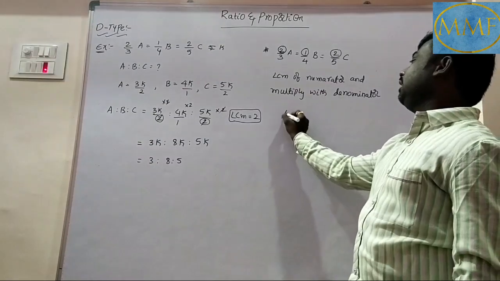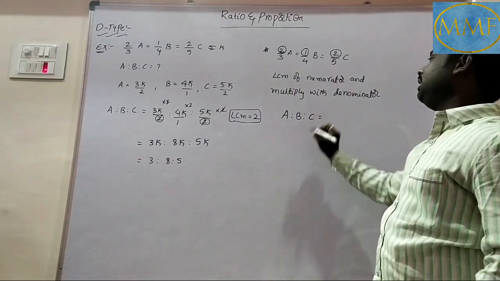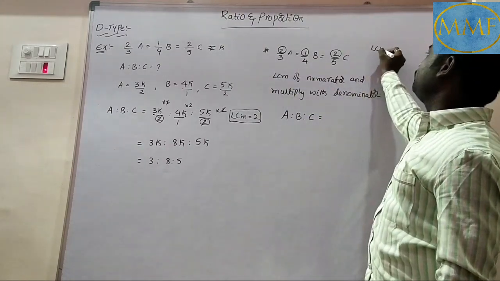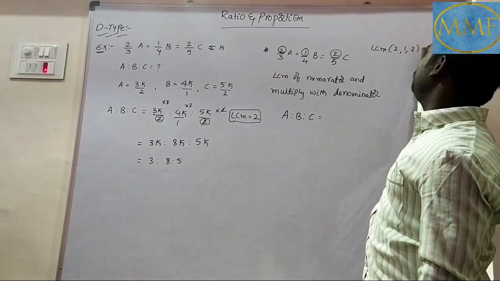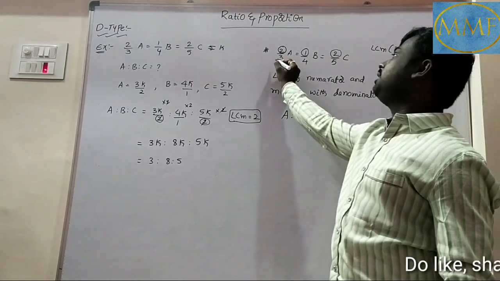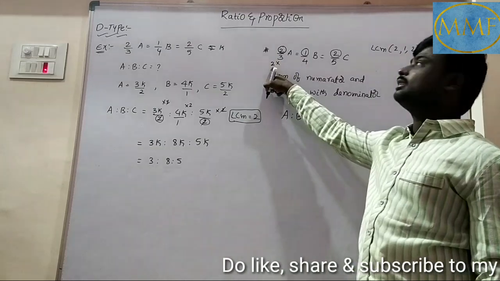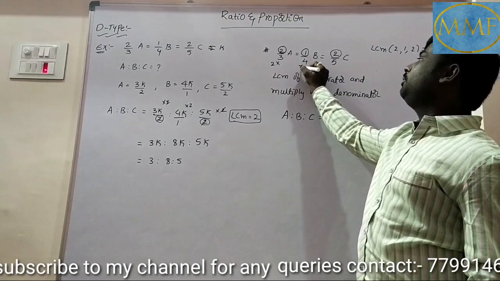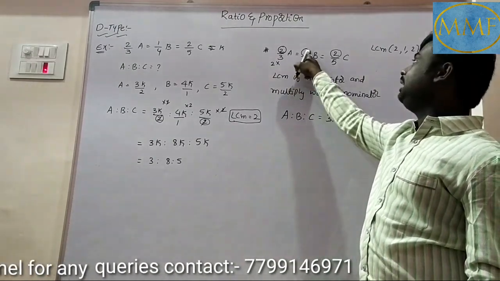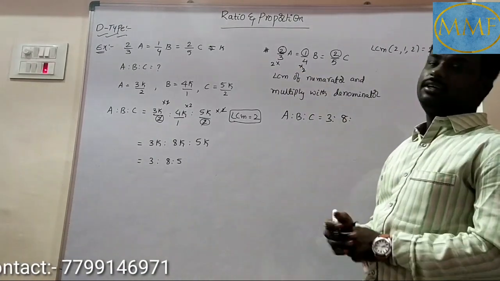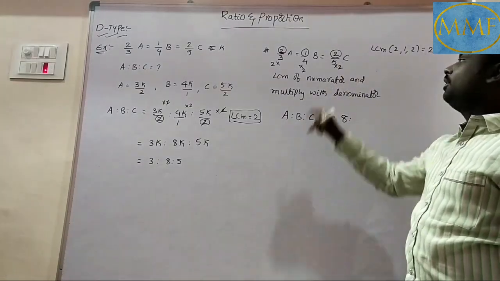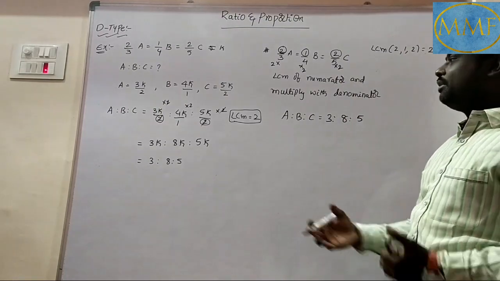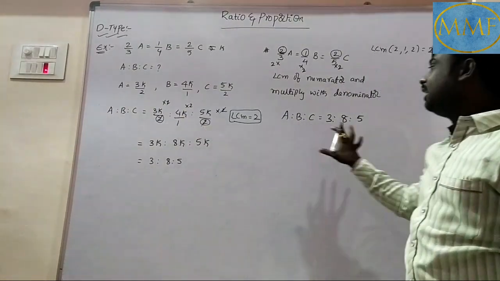How? Let's see. A is to b is to c. Please listen. See what I am doing here. What is the LCM of 2, 1, 2? It must be 2. Multiply that with the denominator. Into 2: 3 2s are 6, 6 by 2 is 3. Clear? Next, into 2: 4 2s are 8, 8 divided by 1 is 8 itself. Next, into 2: 5 into 2 is 10, 10 by 2 is 5. So without doing all these, you can get the answers directly.